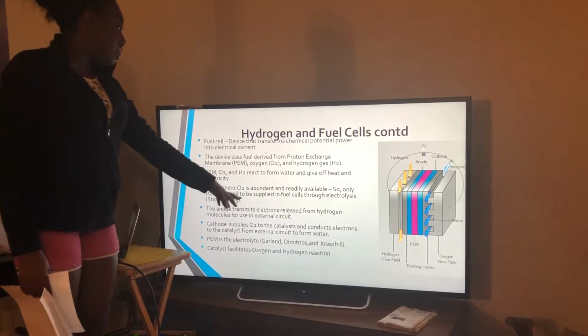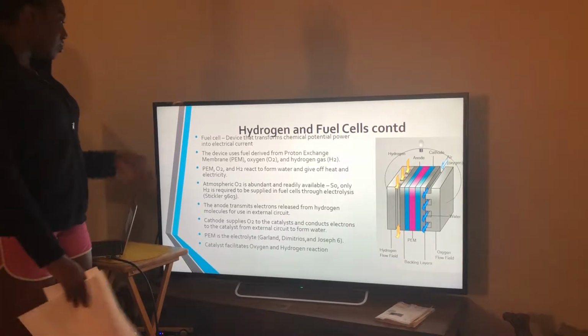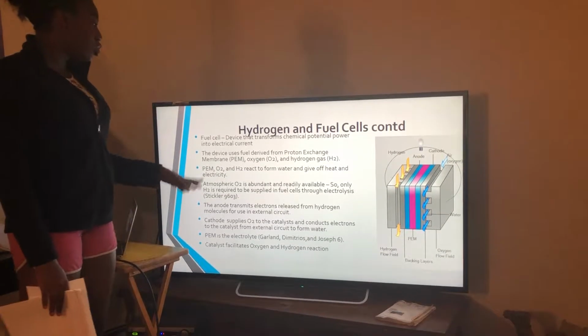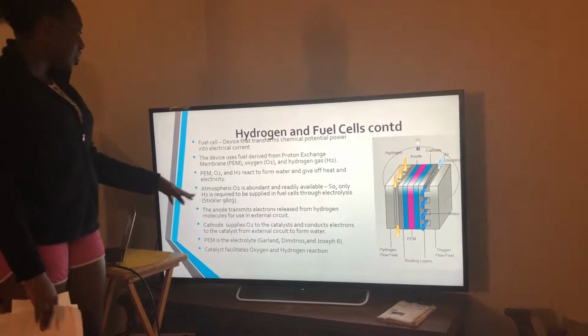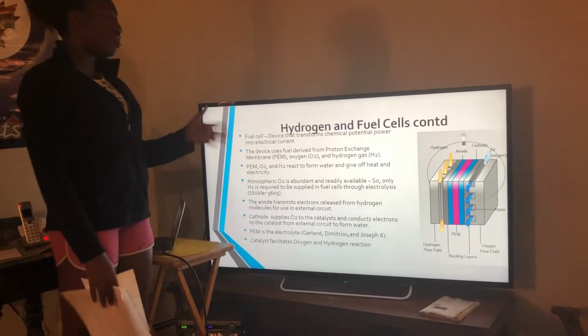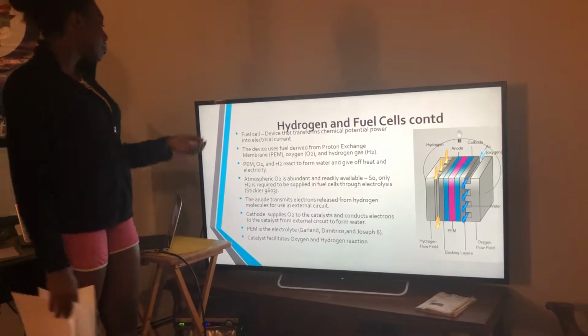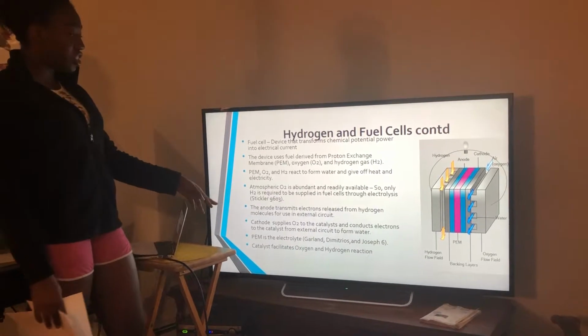The anode transmits electrons released from hydrogen molecules for use in external circuits. The cathode supplies O2 to the catalyst and conducts electrons to the catalyst from external circuits to form water. The PEM, also known as the proton exchange membrane, is the electrolyte, and the catalyst facilitates the oxygen and hydrogen